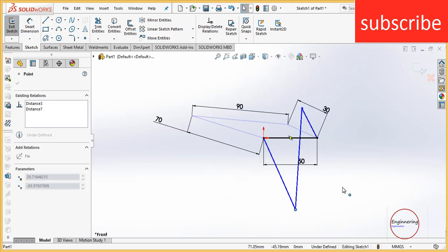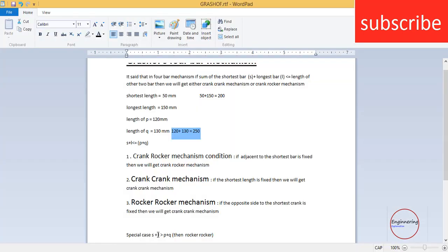So remember, you will always get a rocker mechanism only when you don't satisfy the Grashof condition, or you fix the link opposite to the shortest crank in the Grashof law mechanism. In these two scenarios, you will always get a rocker mechanism.